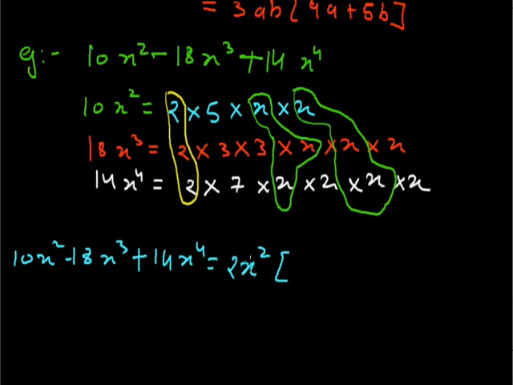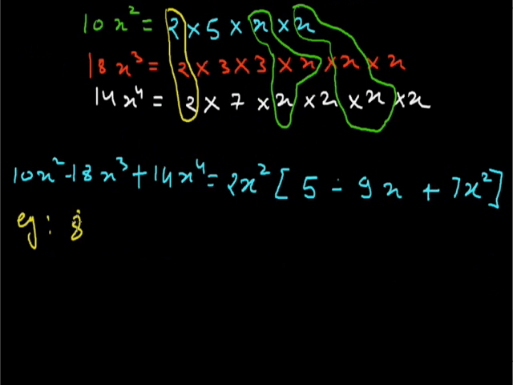Then if we take 2x square common from the first term, the remaining term is 5. The sign between the next term is minus, so we will put minus. Then when we take out 2x square common from 18x cube, the remaining term will be 9x, and in the last term it will be 7x square. Thus the factors of 10x square minus 18x cube plus 14x power 4 are 2x square, 5 minus 9x plus 7x square. The last example is to factorize